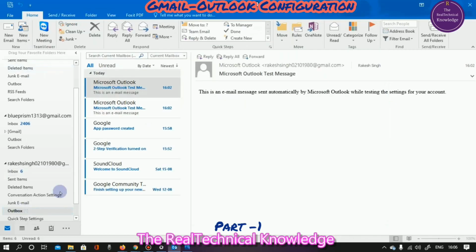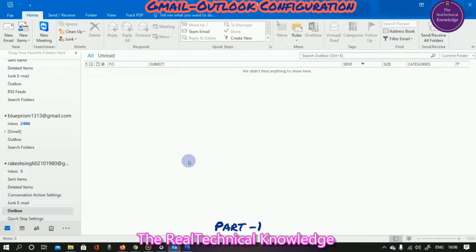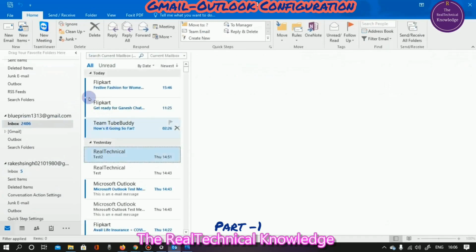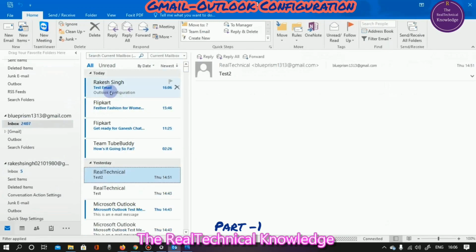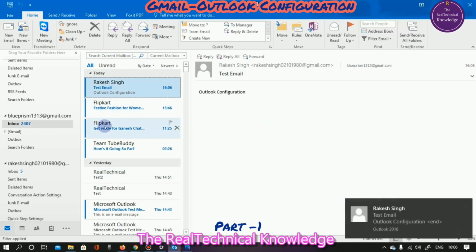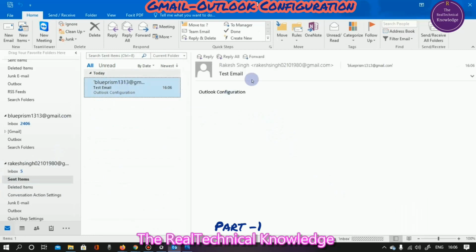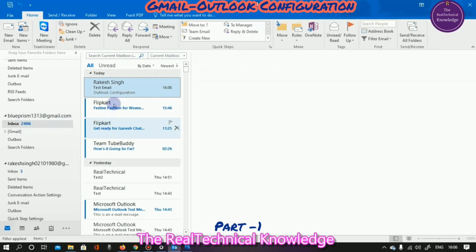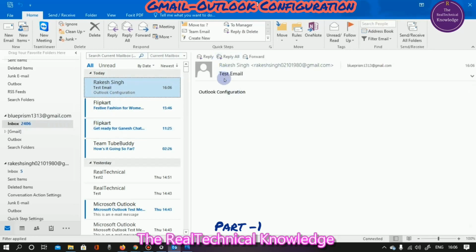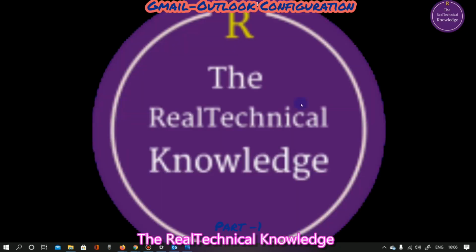Click on send. It will show in the outbox first, then it will be available in the inbox of the other account. It will take some time. So see, this message appears here which we have sent from the other account. Under the sent items, you can see that this mail we have sent, and under the inbox of the other email account we have received the same email. So we can say that our incoming and outgoing server is working fine. So that's it in this video.